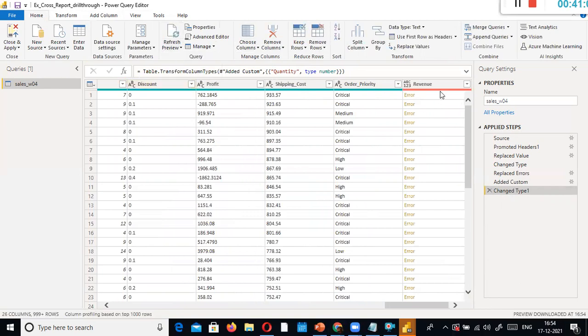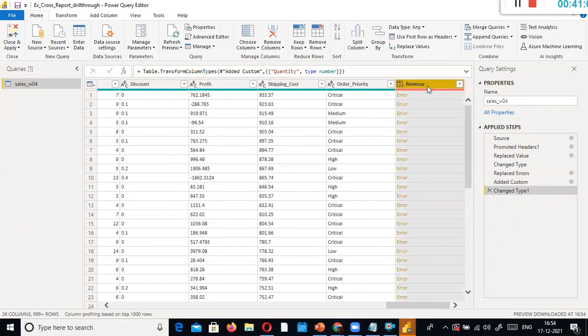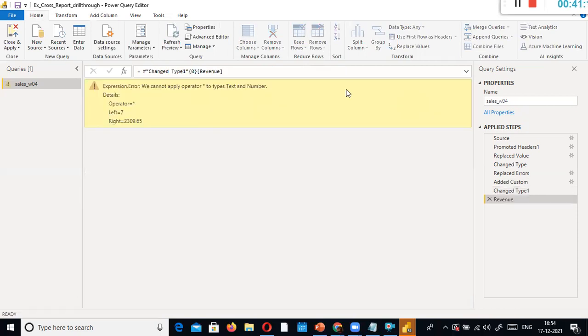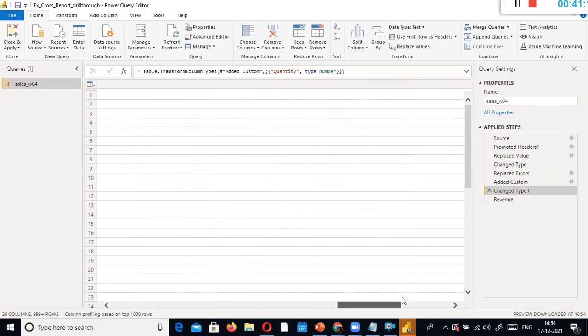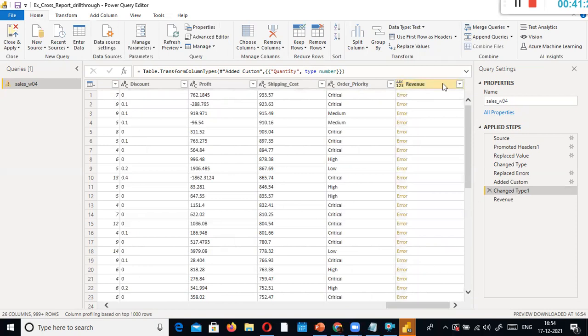I changed the data type, but still it is not taking that into account. So what you do is just select this column, revenue. One second. The best thing is, I just remove this column.